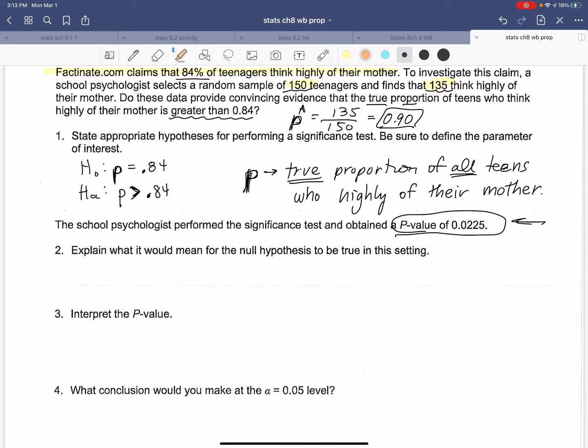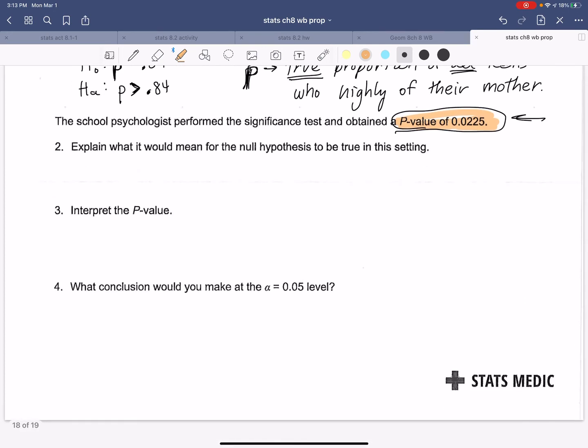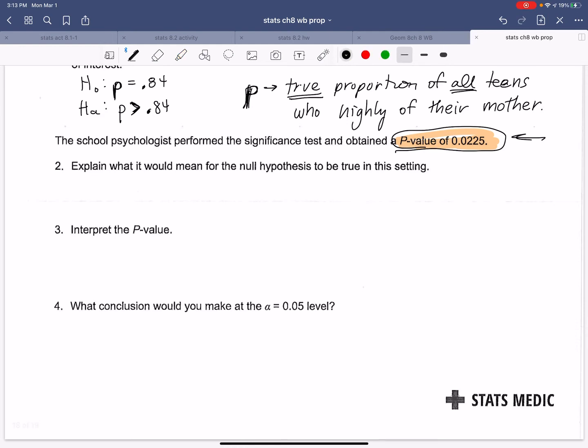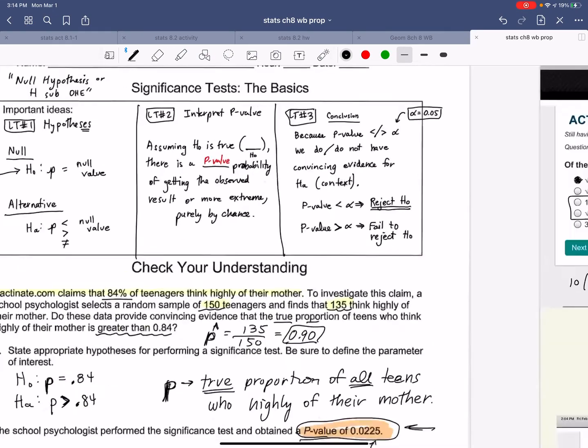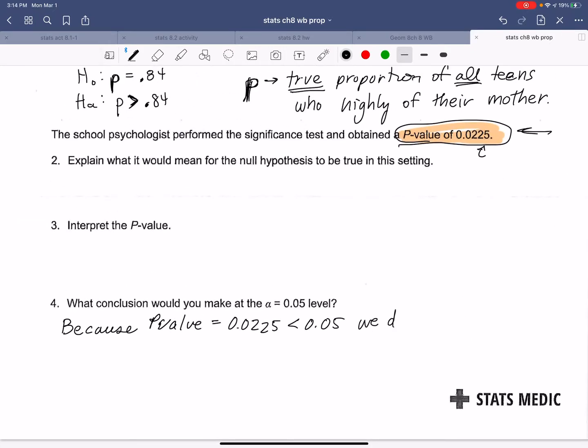Is that rare? Well, I would say yes. So I'm actually going to do the one on the bottom first because I find this is logically easier. When I get this p-value, we know that because our p-value of 0.0225 is less than 0.05, then using our notes, right? Using our notes, we do have convincing evidence